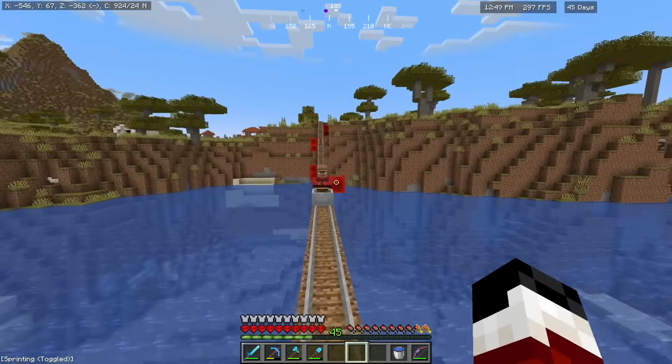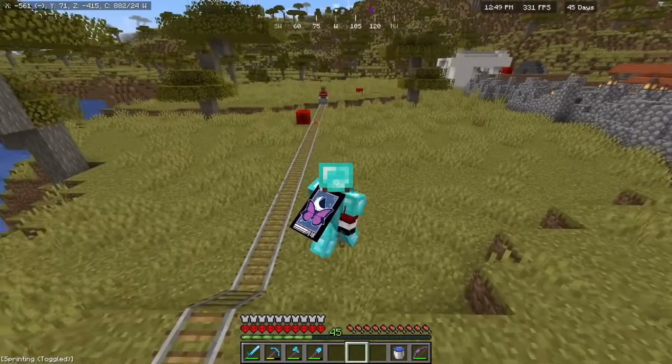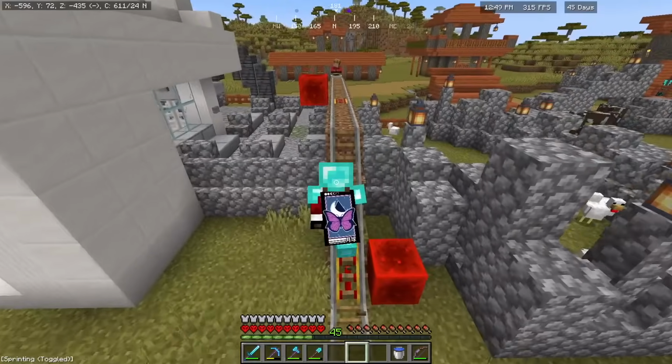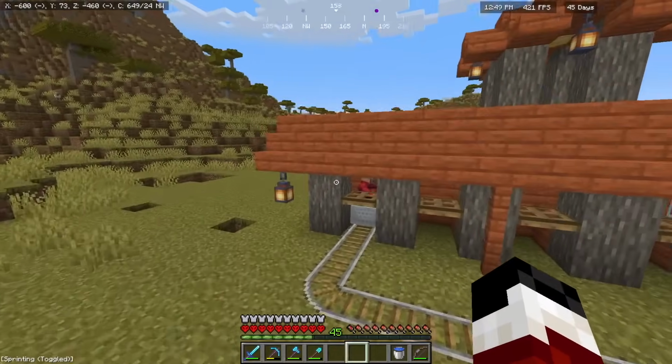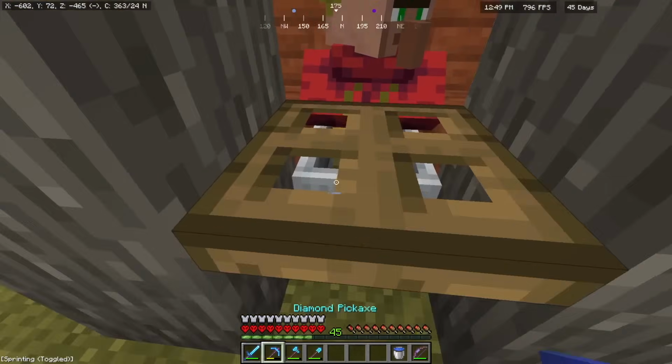I'm just gonna follow him to make sure that he gets to his destination. Yeah, he's going. Come on, buddy. I know you want to get there. Come on, goes up this. It goes down, and he should be right where he needs to be. That is perfect. All right, so I'm going to go ahead and break this thing,